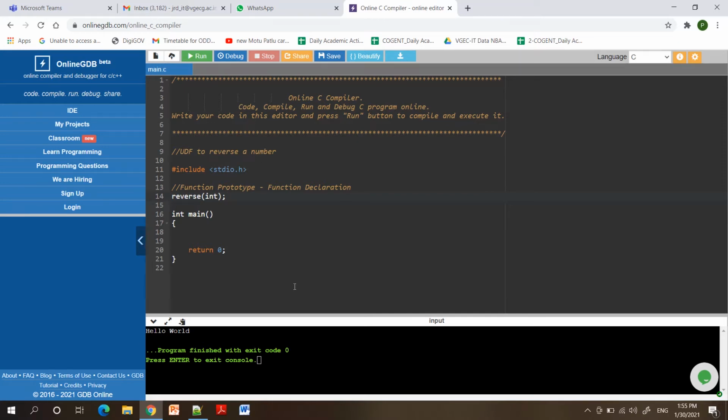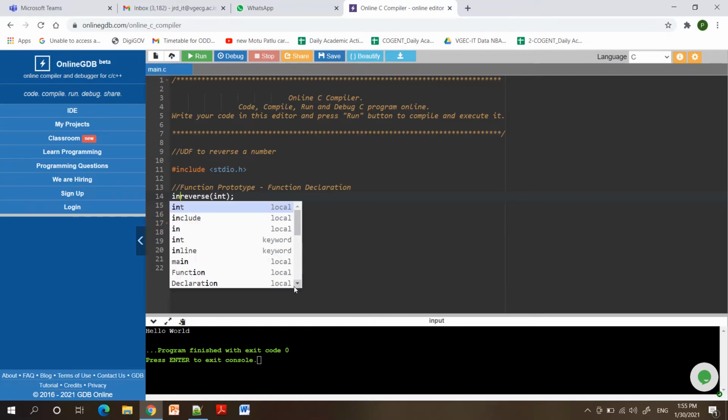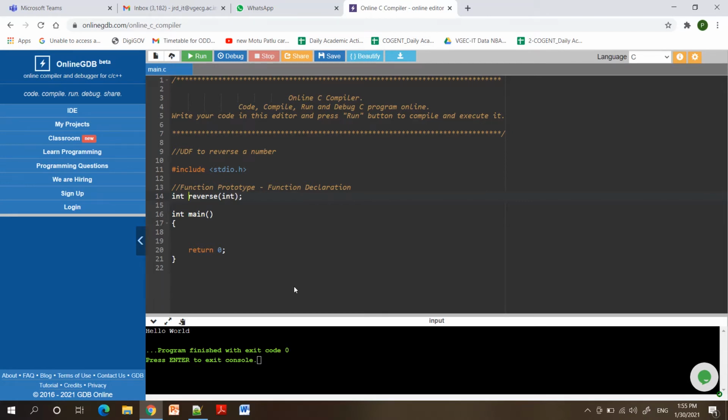After taking this number, the function will reverse it, and the final reversed number will be given back to the main function, so the return type of the function will also be integer. So the function declaration is like this: integer reverse(integer).